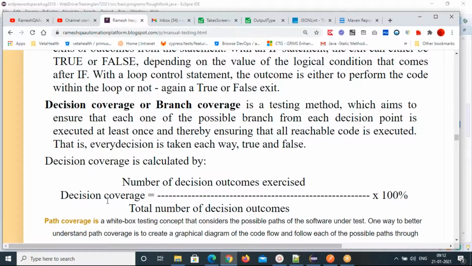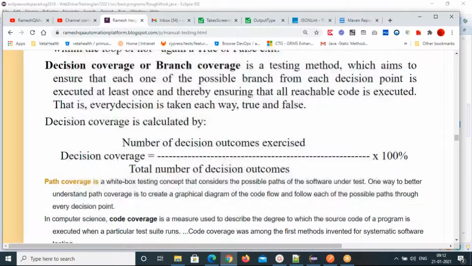On the top we see statement coverage, and in the below decision coverage. What is the decision coverage? You can calculate a decision coverage like this: every decision is taken each way, true and false.